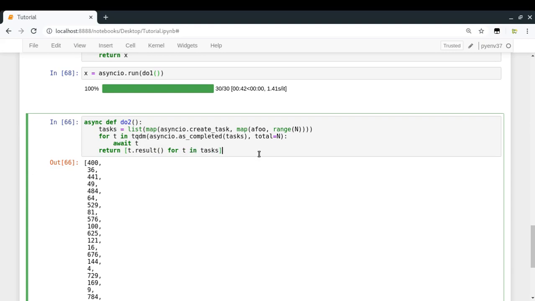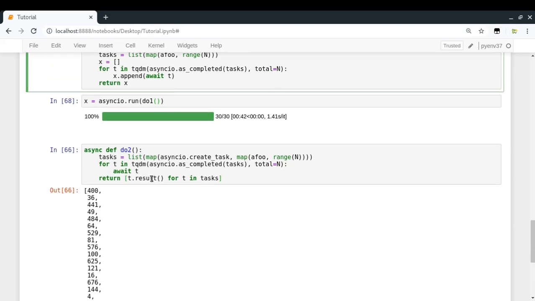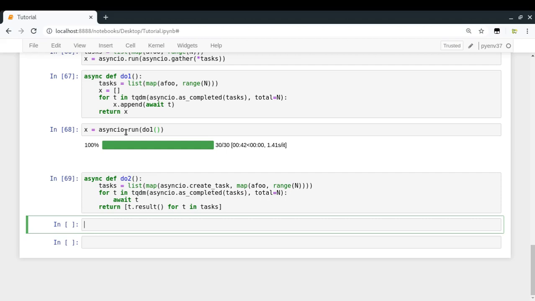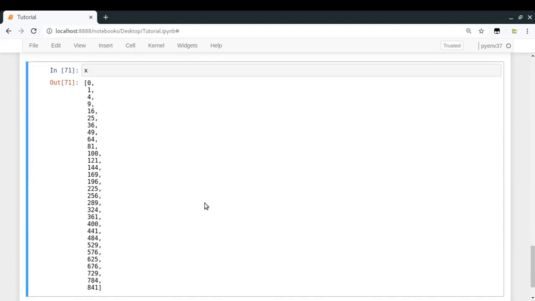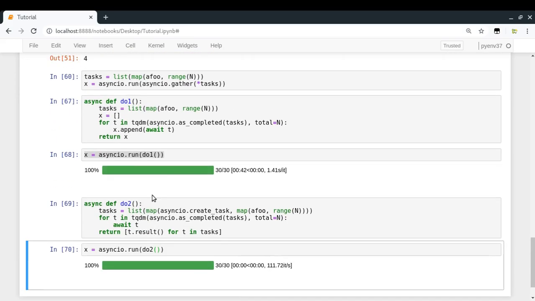So t.result for t in tasks, that's it. Earlier, tasks was containing coroutines which do not keep track of their result, but now I am using the asyncio Task class which keeps track of those results, because it is a wrapper over the coroutine which is actually a future object. So it keeps track of everything. I am sure of getting that result because I am waiting for it. Okay, so this looks cool, and now we are just going to do asyncio.run on do2, and look at that, it worked and we got the result which is ordered. Yay. So we have been able to use asyncio as well to generate a progress bar, and it looks promising.